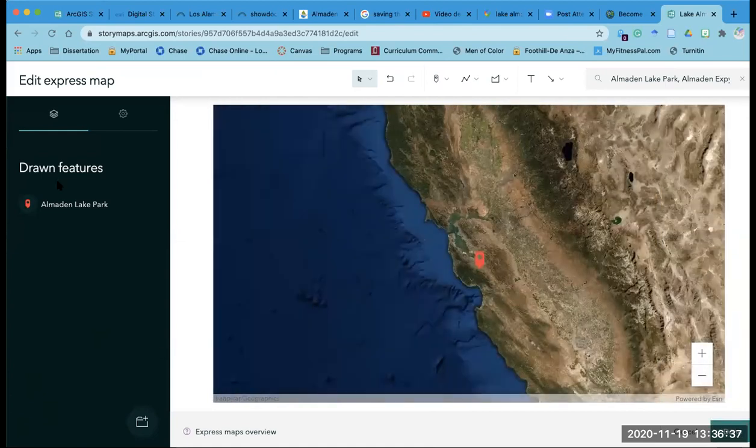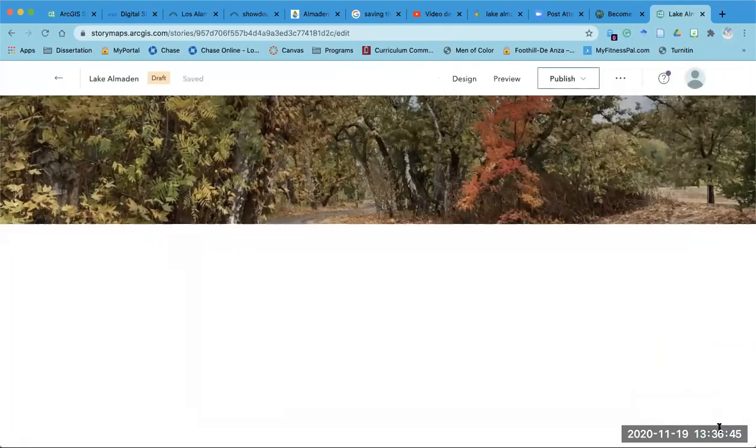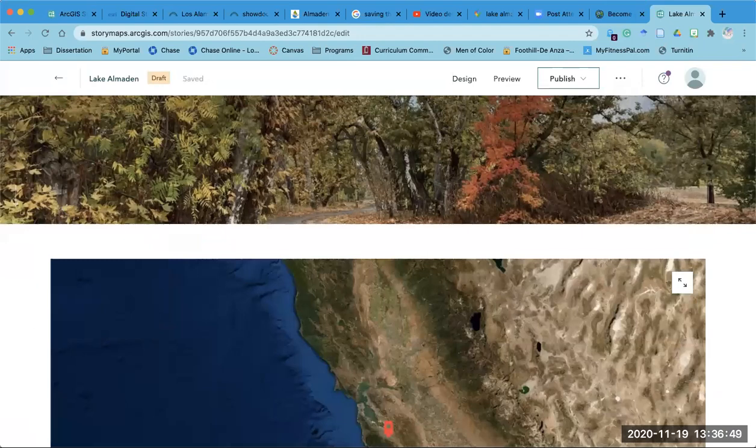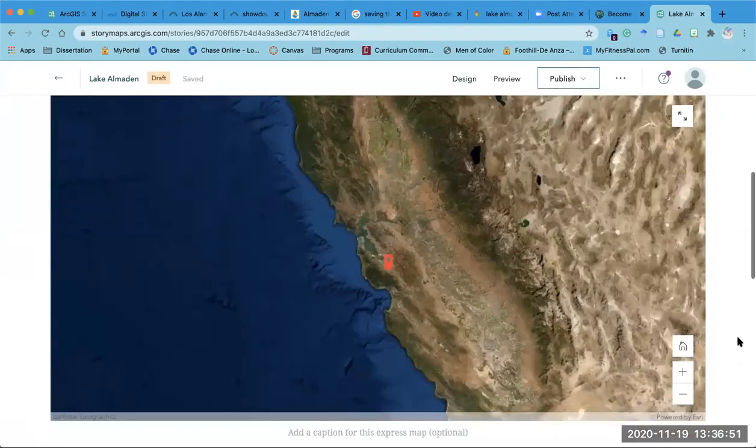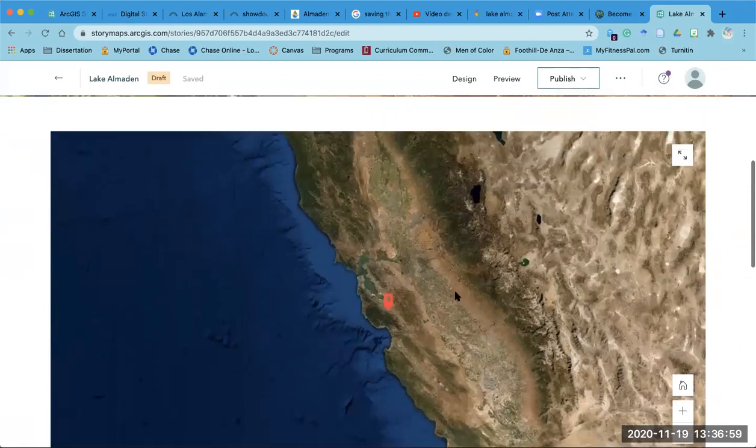And once we're done here, I need to make sure I hit done. And it'll now save the location.